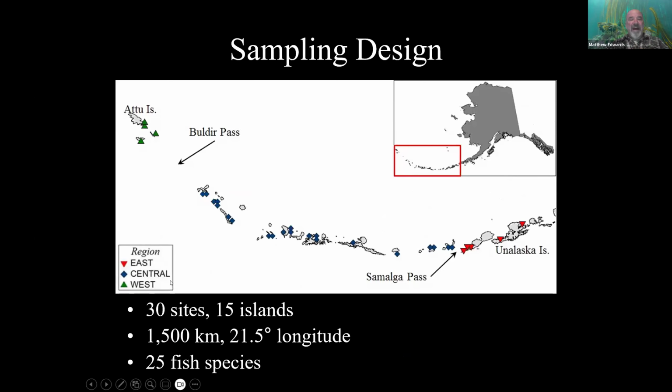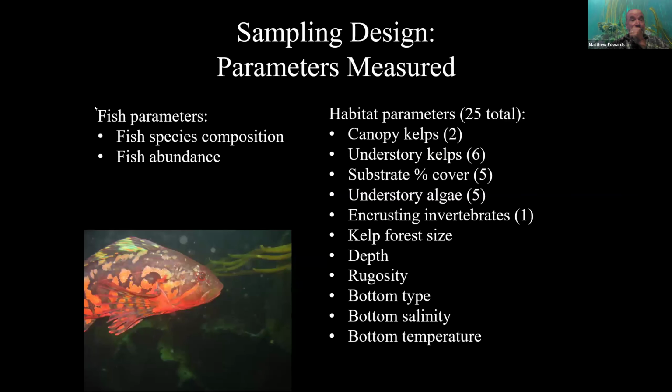And we did this at 30 sites at 15 of the islands throughout the chain, across a 1,500-kilometer range. And of this, we were able to estimate the abundance and the story for 25 fish species. The fish parameters that were measured are the species composition and the fish abundances. And the habitat parameters we measured were the canopy kelps, which there are two of them: Eularia, the dragon kelp, mostly toward the west, and on the east side of Amukta Pass, we got the bull kelp, Nereocystis,